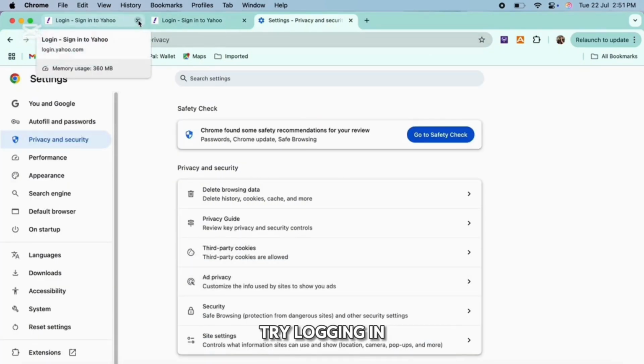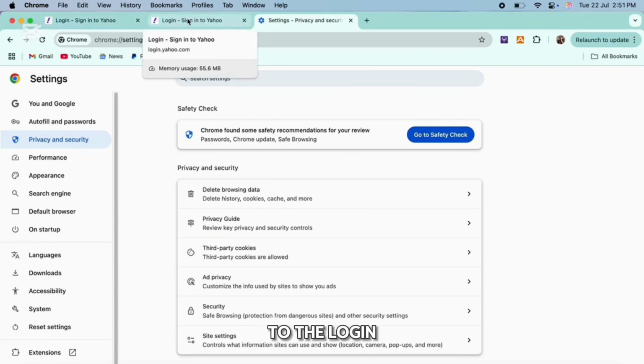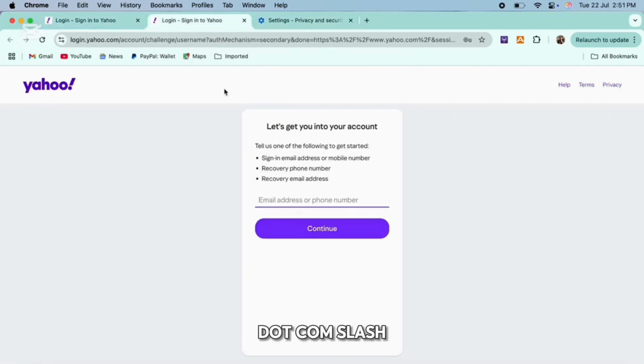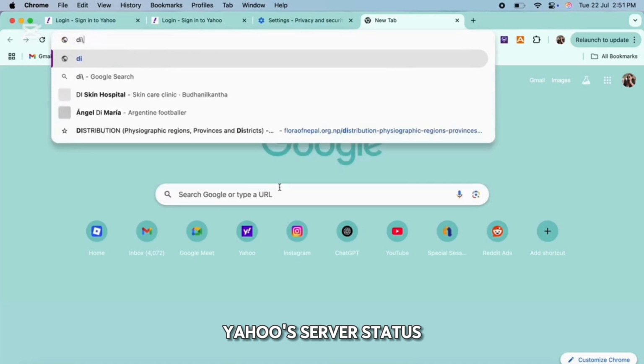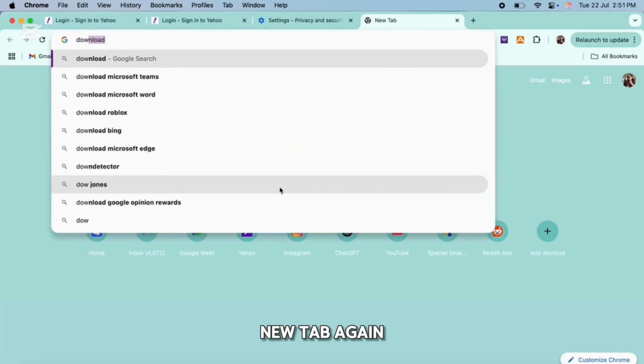Try logging in again, and if it is still not logging in, then go back to the login.yahoo.com/forgot page and reset your account using your recovery methods, and make sure not to use a reused password or weak passwords. You can also try to check Yahoo's server status, so open a new tab again and in the